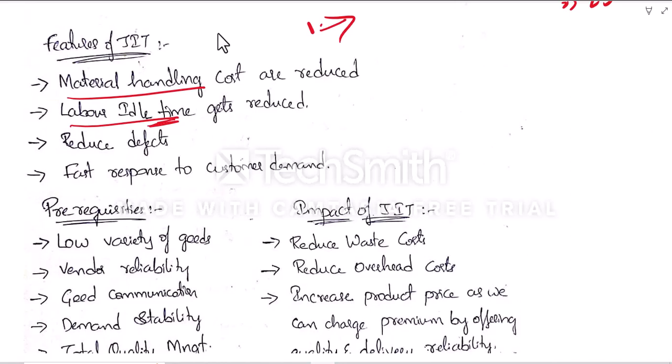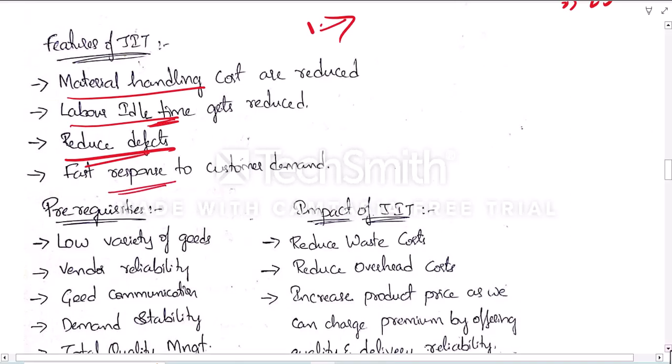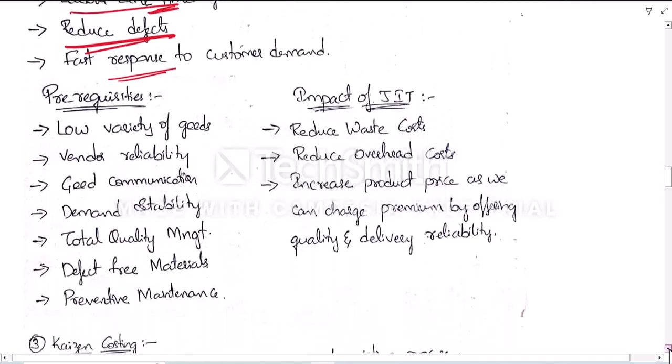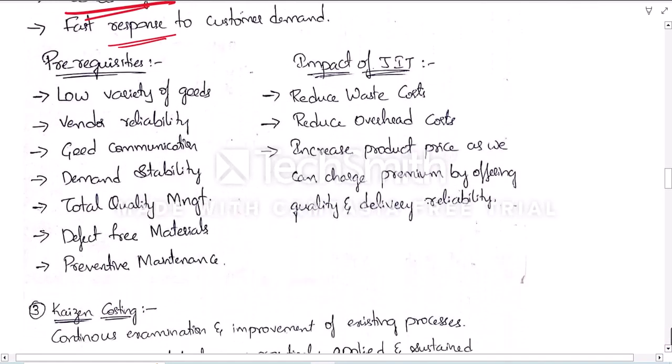So the upstream machine will produce only what is required. It will not produce in bulk and sit idle for a long time, and it will try to reduce the defects by machine cells. And customer responsiveness will be very fast following just in time, because we will have the supplier readily giving the products, delivering them to the production floor, and we will continue the production without moving, transportation, or waiting time.